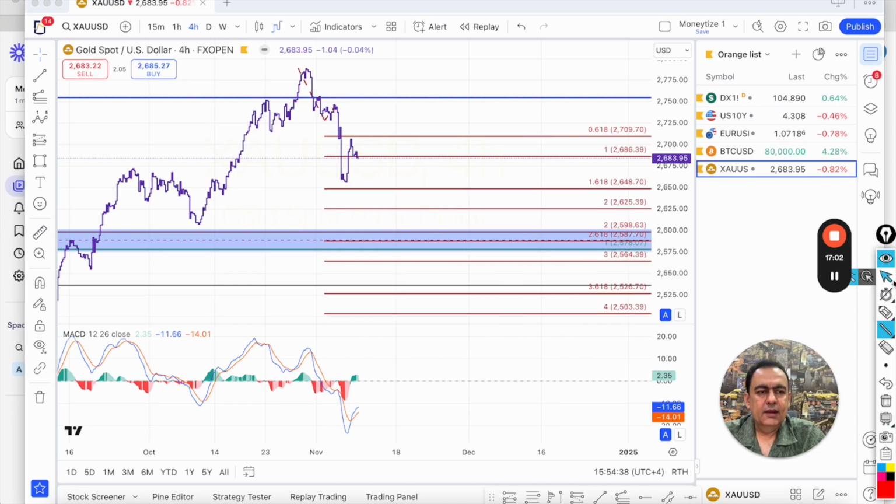So the plan is, in the short term, I'm looking to sell the rallies only. And moving forward, when it completes its correction and resumes its new bullish trend, I'll keep you posted. So I believe I've covered the major instruments, and this is my trading plan, and have a profitable trading